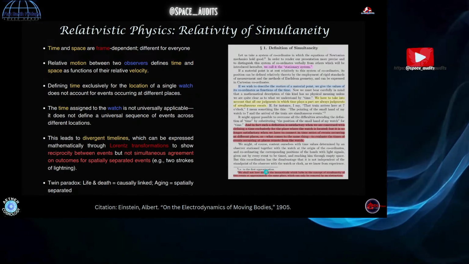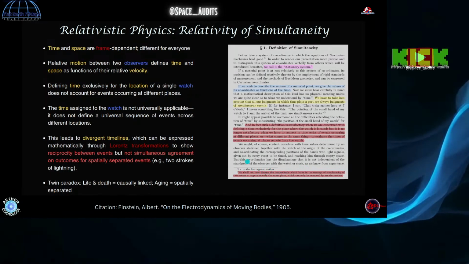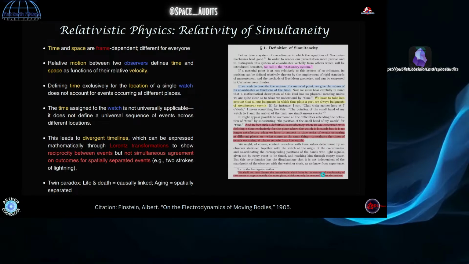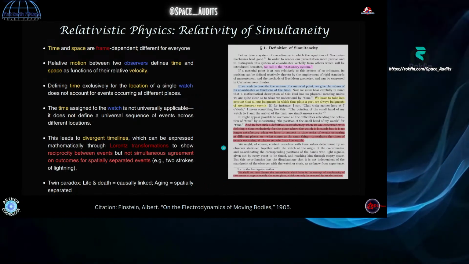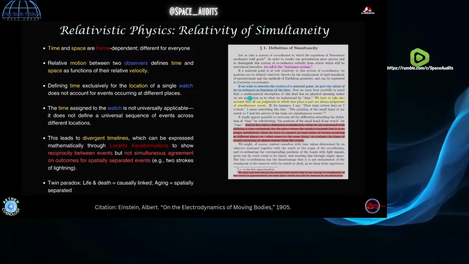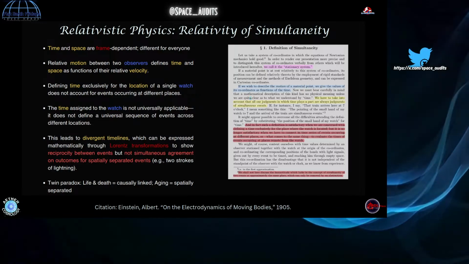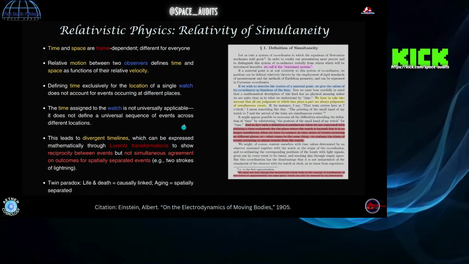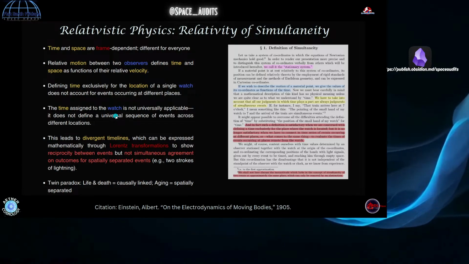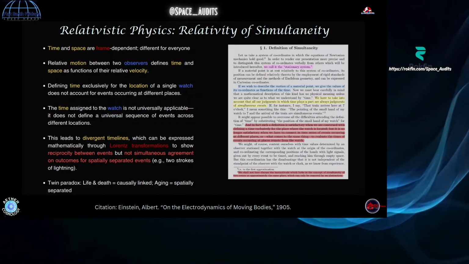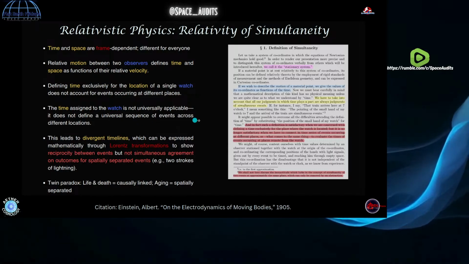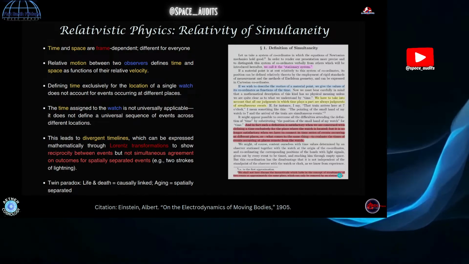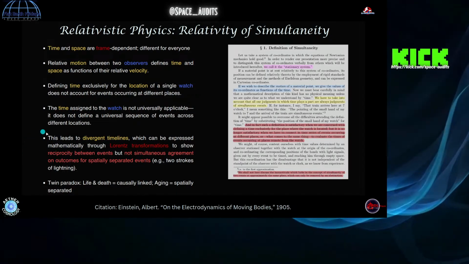"We shall not here discuss the inexactitude which lurks in the concept of simultaneity for two events approximately at the same place, which can only be removed by abstraction." Basically he's saying, think about this as super far away as possible, so it makes it easier to digest. If you try to digest it in the form of this train analogy that I'm going to give you in a little bit, it's going to sound preposterous. You may have a hard time swallowing it. But with enough abstraction, with enough mathematics, we can get to the bottom of it.